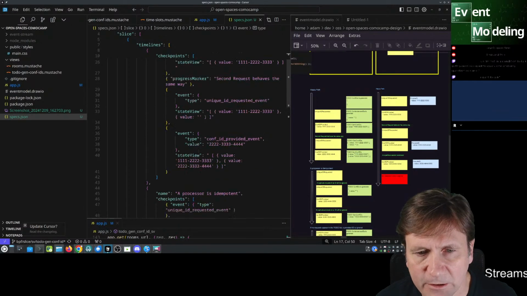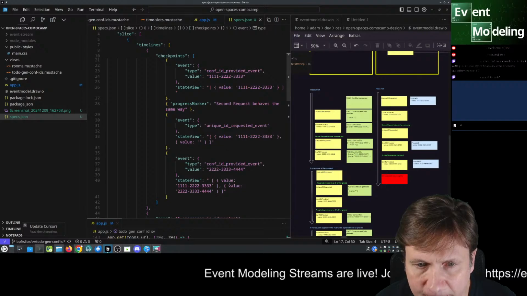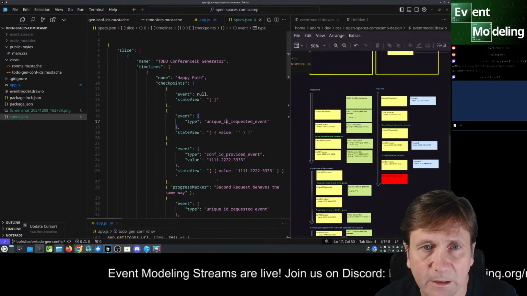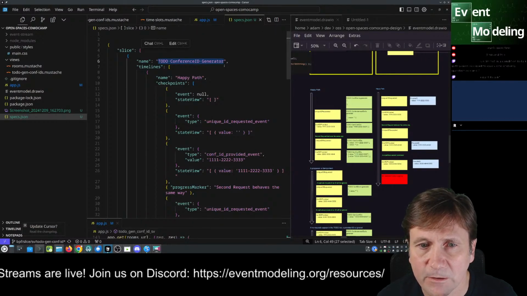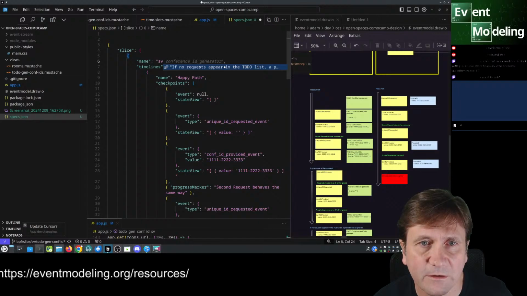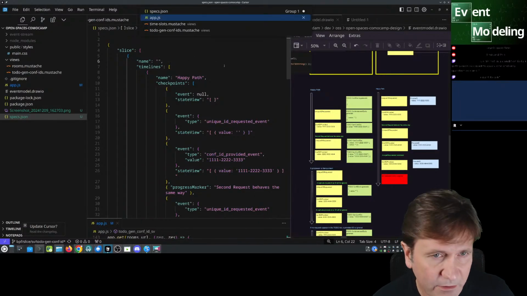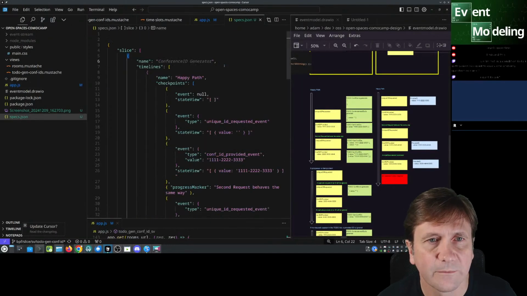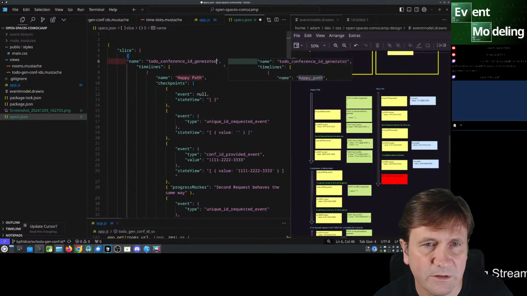So the next thing here is, I think we're done with this one. That did it correctly. And oh, the name of this thing has to be in here. So that is the SV, and it's not the SV. What the hell is it called? To-do gen, conference ID generator.